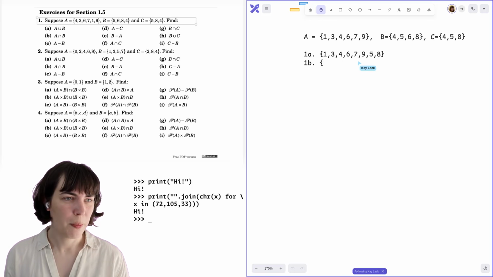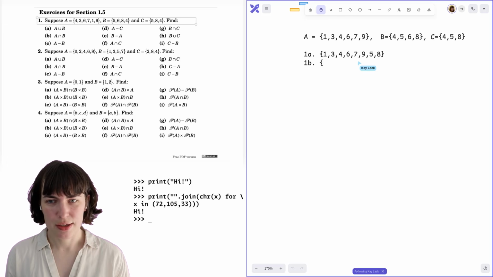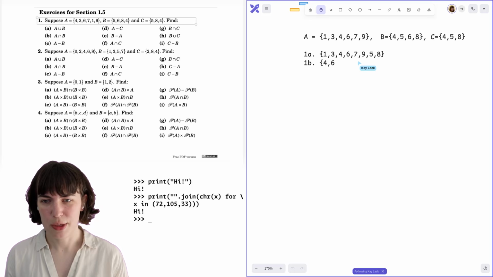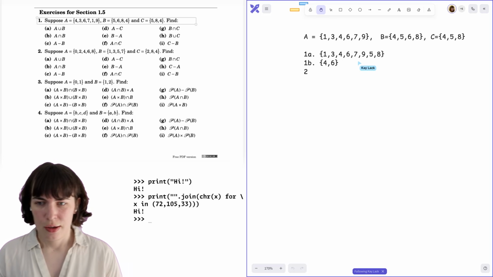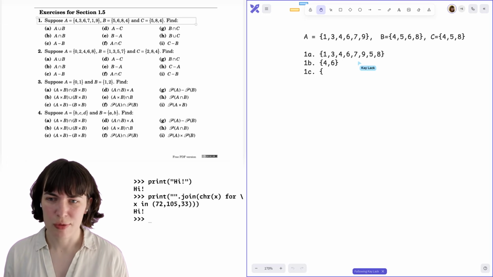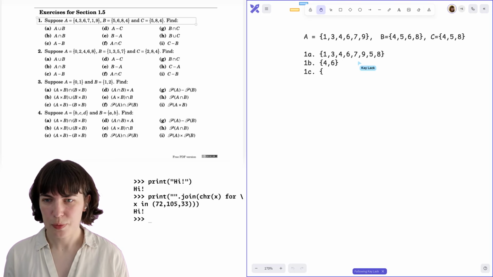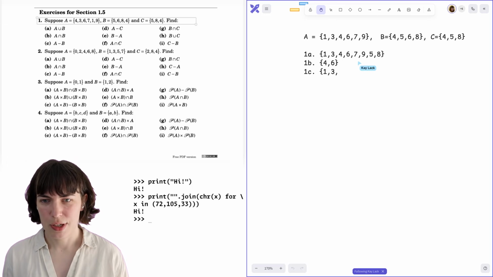Okay, 1B. Intersection, so everything that's in both. 1 isn't in B, 3 isn't in B, 4 is in B, 6 is in B, 7 isn't in B, 9 isn't in B, so it's just 4, 6. 1C, the difference, so that's everything that's in A which is not in B. 1's not in B, 3's not in B, 4 is in B,